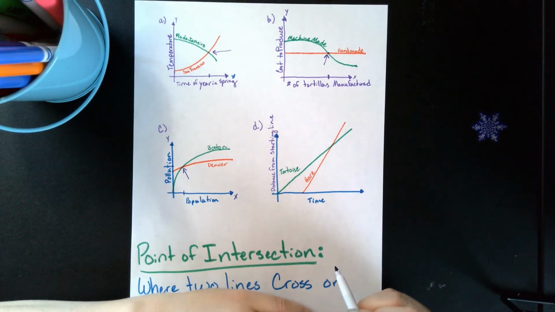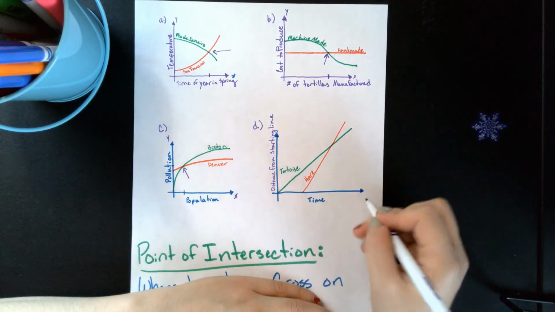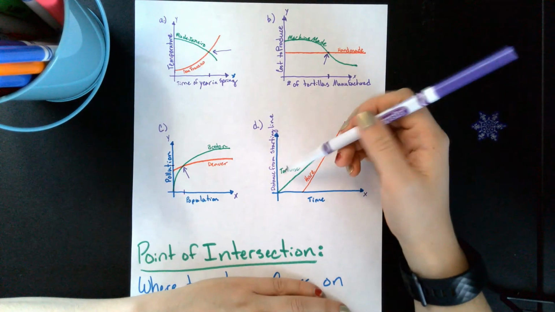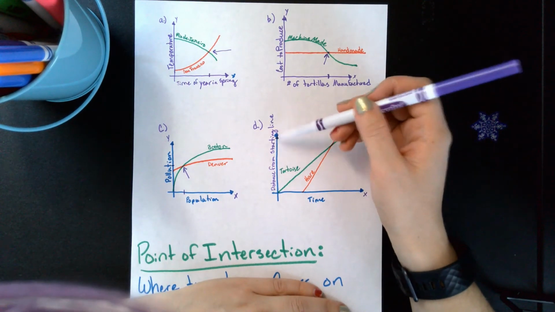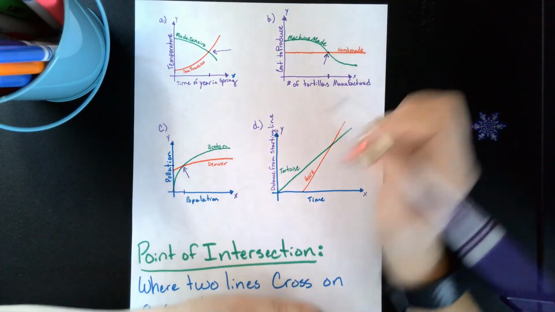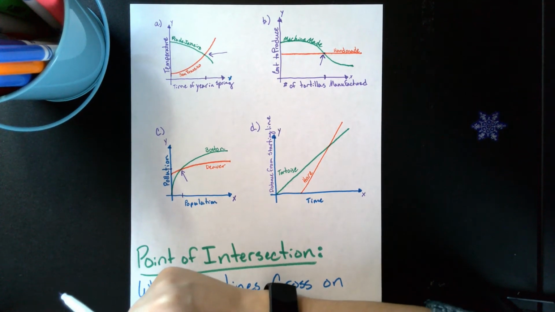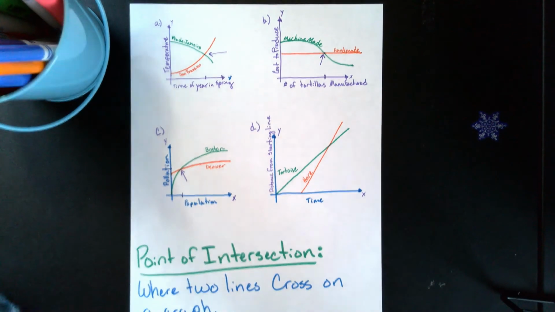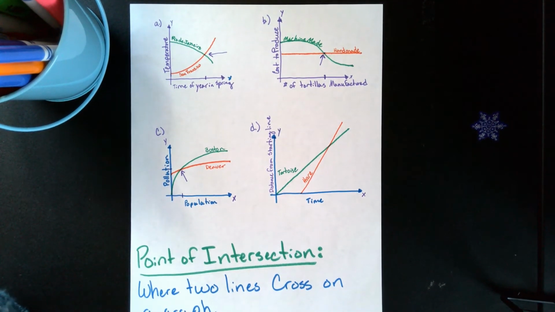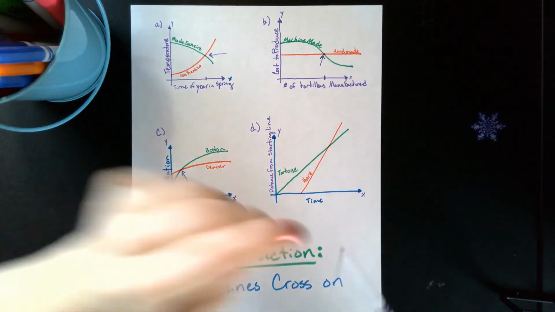On our very last one, D, we have time on our x-axis, and on our y-axis, we have distance from starting line. If you don't know the tale of the tortoise and the hare, you have a rabbit and a turtle, and they are racing. Naturally you'd think the rabbit's going to win. Well, the rabbit races ahead of the turtle, gets tired, and decides to take a nap because he's so far ahead. At some point, the turtle passes the rabbit while he's sleeping and ends up winning the race. Just a lesson to you, never underestimate your opponent.